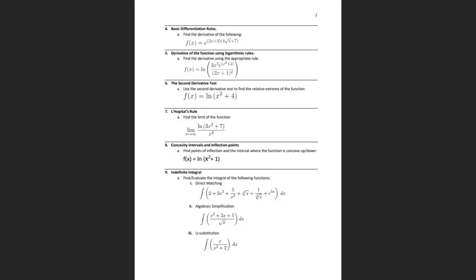Good question. So you take the derivative of the numerator first, right? So you would just use the rule, and you would just do 1 over 3x squared plus 7